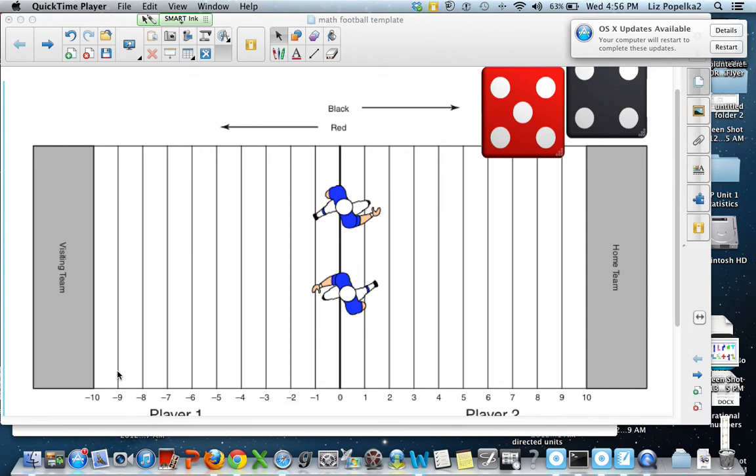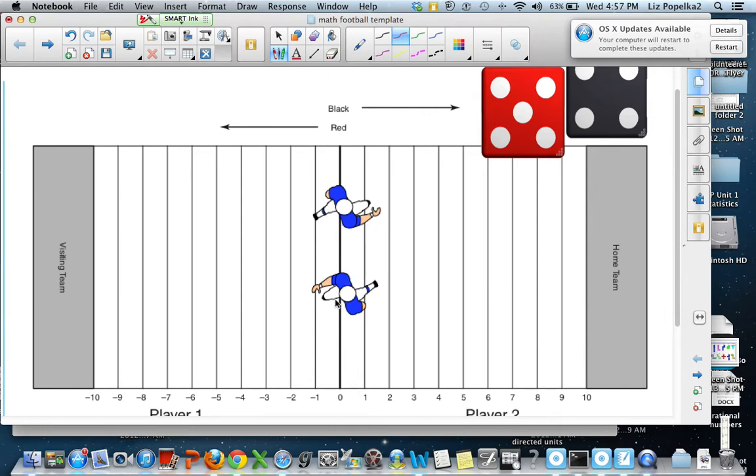Today I'm going to show you how to play a game of math football. And in order to be able to play, you're going to need your football field, which we have right here. You'll notice that the players, we've got two players that I'll talk about in a second, are on a field